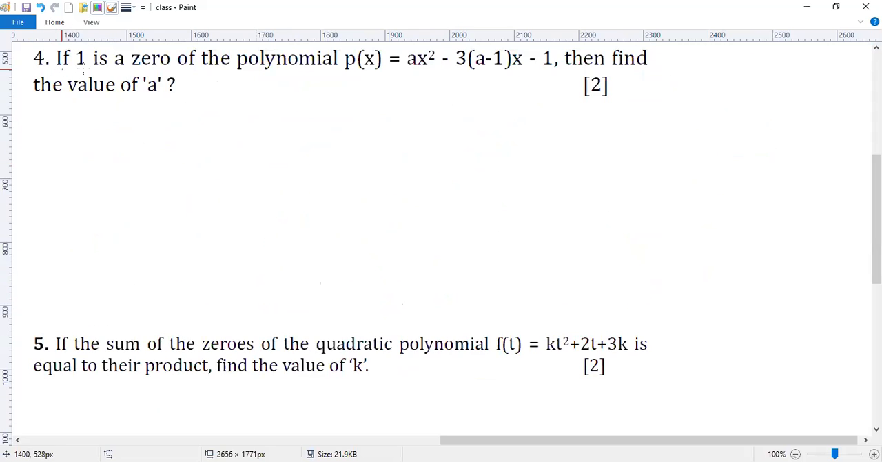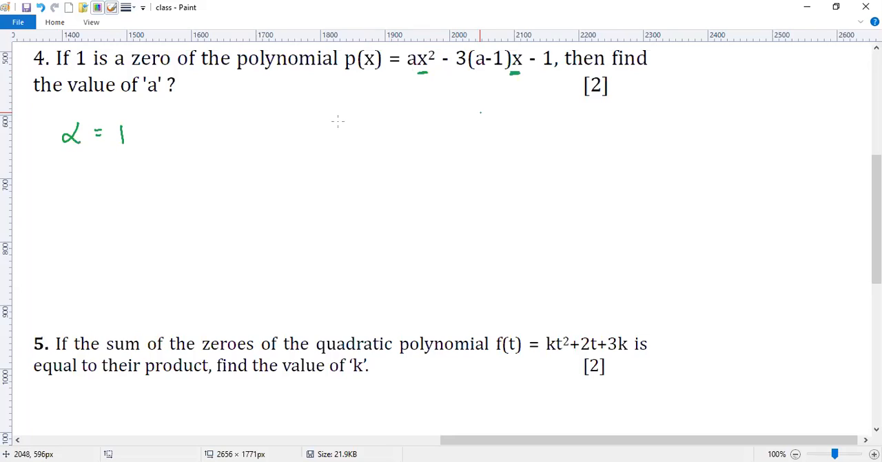Fourth question. If 1 is a zero of this polynomial, so one of the zeros, alpha, is 1, then find the value of a is the question. One of the zeros they have given you, they are asking you to find the value of a. See, if you know the zero of this polynomial, it means what? The particular value of zero, when you substitute in terms of x, your final answer will be equal to